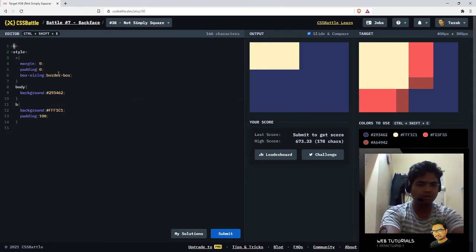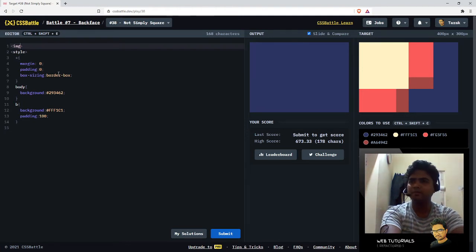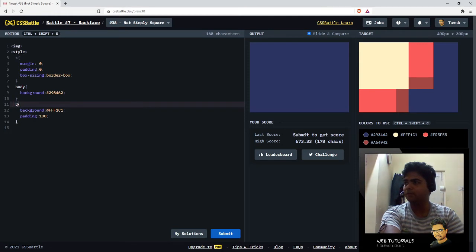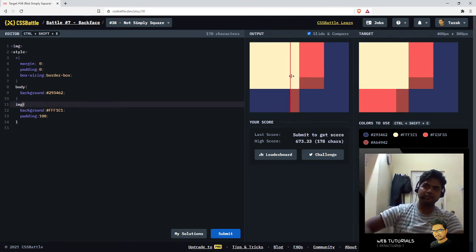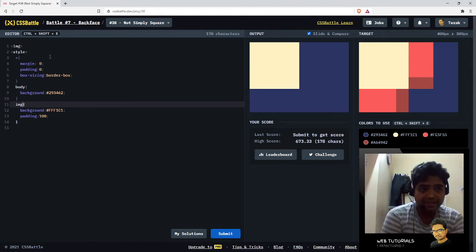So it's better to use the p element or img tag. Img tag is a default inline level block element. If you use img tag, you will be able to see this. So b, i and all are inline elements. It only has the width, but you cannot define a height. Only a block can have a height, and image has a display type of inline block. So that's the only element of the simple HTMLs which is a default inline block.